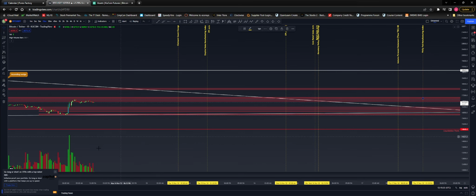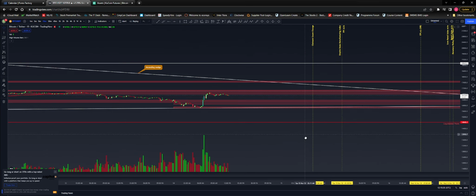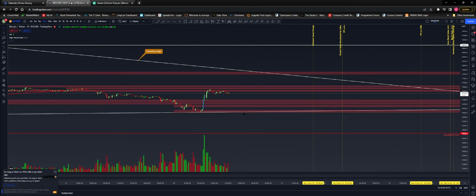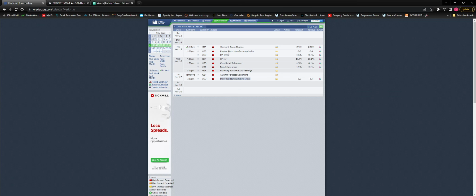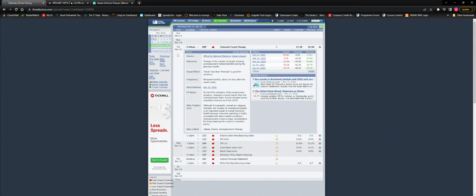Right. Okay. So look, these are all in. So now, as we're trading, we don't have to get caught out. We don't worry about what these are. Prior to when these announcements are coming out, I'll go in and first thing I'll do is have a little check and see what this actually means. So, Office for National Statistics, changing the number of people claiming unemployed related benefits during the previous month. Normally what I like to see is what is the effect of the forecast versus the actual. Well, if actual is less than forecast, it's good for currency.